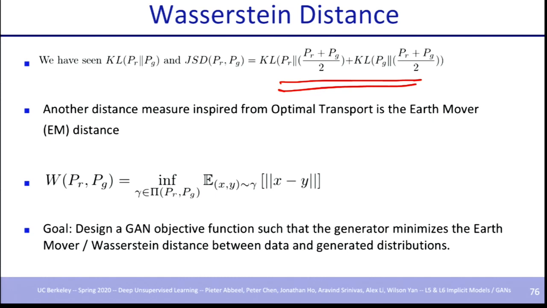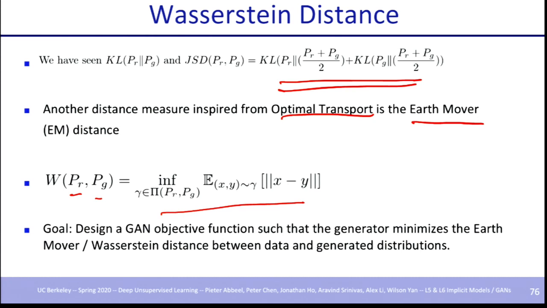But you could also think of trying to design GAN architectures or models that are trying to optimize some other distance measure. And there is this distance measure called the Earth mover distance, which has foundations in optimal transport theory. Basically, the idea is, given a real distribution and a generated distribution, the Earth mover distance between them is basically this particular term. It looks complicated, but basically the idea is as follows.